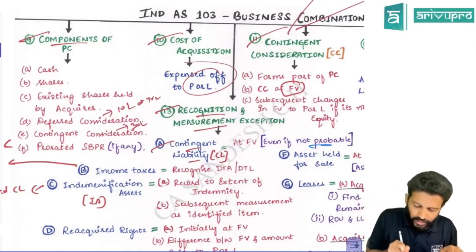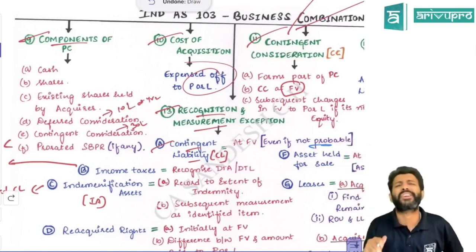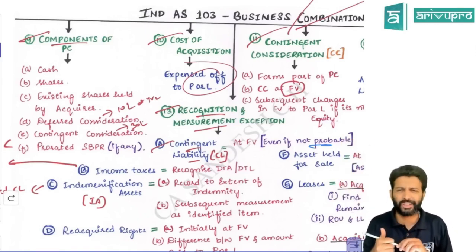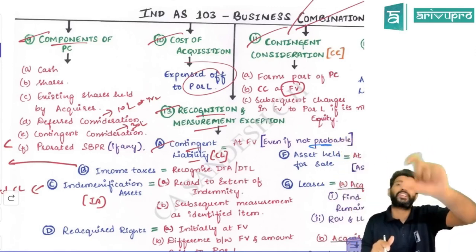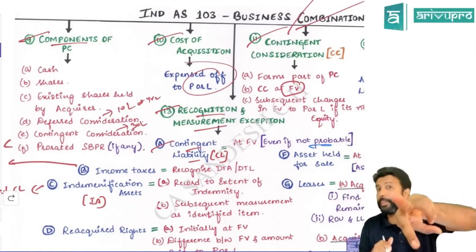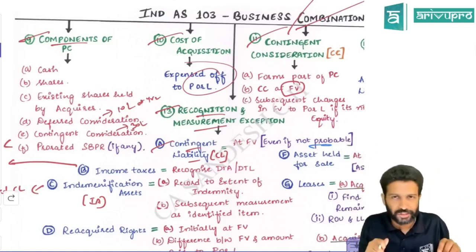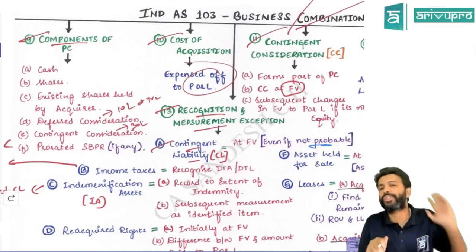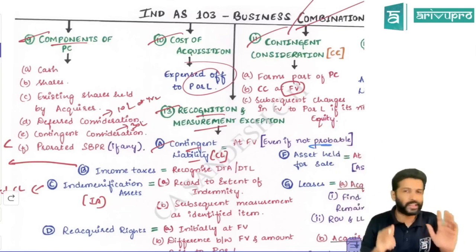What is contingent liability? Suppose some case is going on. Somebody has filed a case against the subsidiary company, and the subsidiary company feels there is only a 20% chance that we will lose the case. That means the obligation is possible. If the outflow has more than 50% chance, we say it is a probable obligation and we make provision for it. If the outflow has less than 50% chance, then we call it a possible obligation. A possible obligation we don't account for, but only disclose it as contingent liability. So that's what the subsidiary has done. But the parent should still record this.